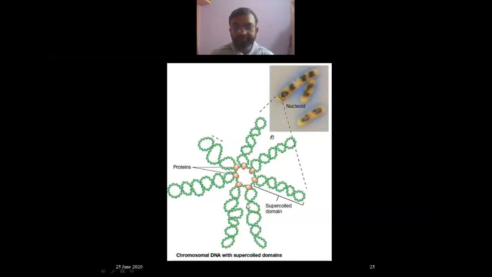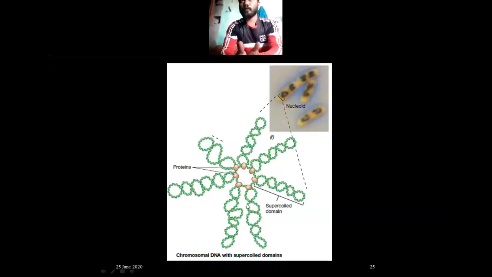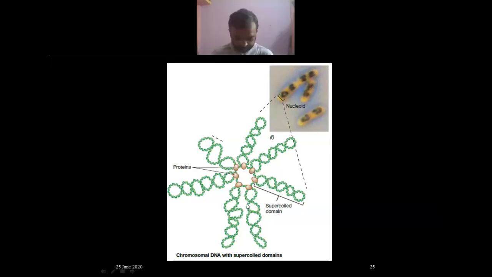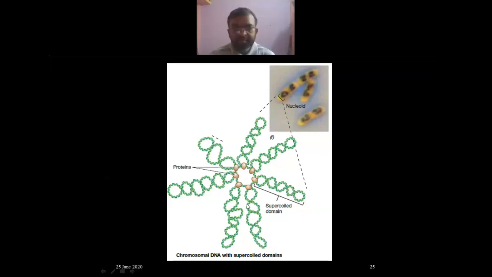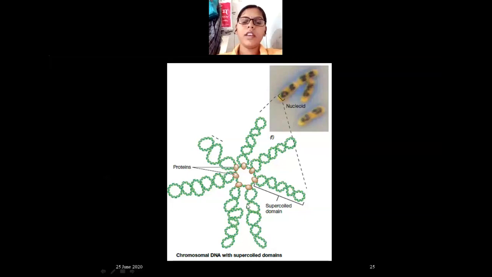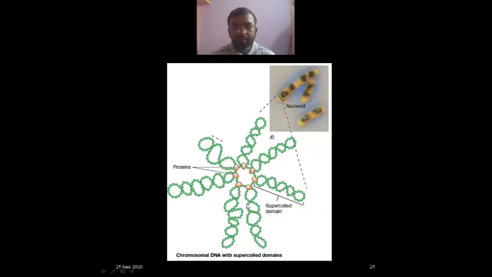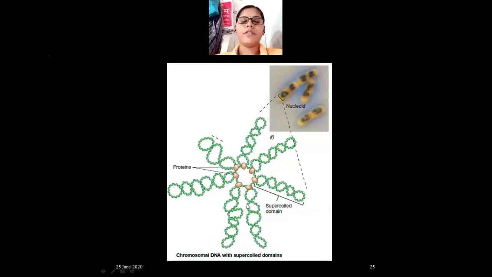Hello. Yes. Sir, to avoid... if one of the chromosomes has a gene that is mutated, then that can be compensated by the other copy of the chromosome, or maybe sometimes dosage compensation is required for genes. Yes, Pratiksha. If one of the genes is mutated, then the product of this gene, the transcribed product, is not formed. Then the other copy of the gene can be used.